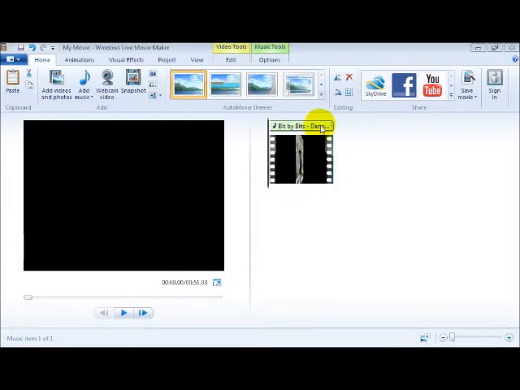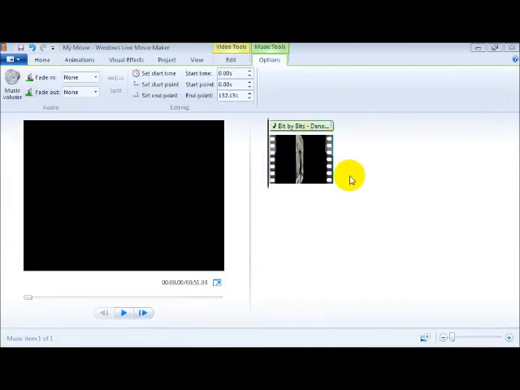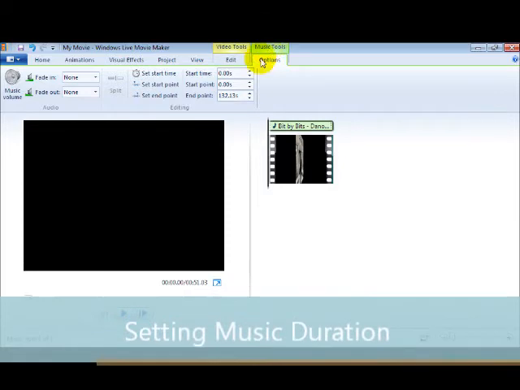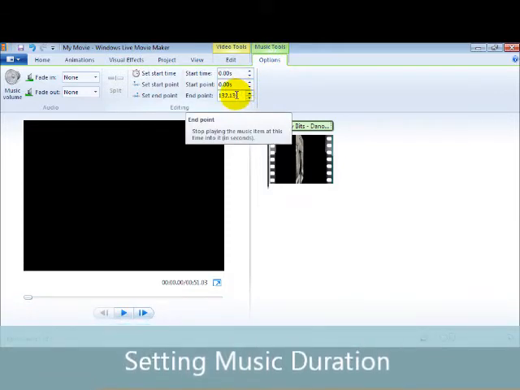You may not see it, but I can see that the duration of our audio file is 2 minutes and 12.13 seconds. What does this information tell us? It tells us that our video will finish way ahead of our music. To address this, we have to shorten our music to match the length of our video at 51.03 seconds. So I'll click on this tab that says Music Tools, and I'll go here where I could type